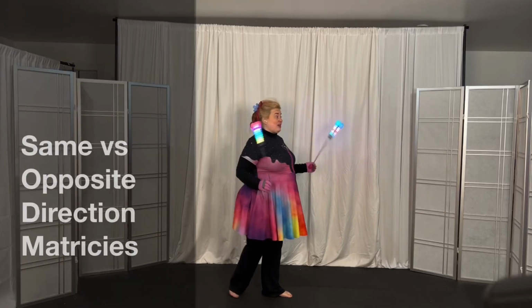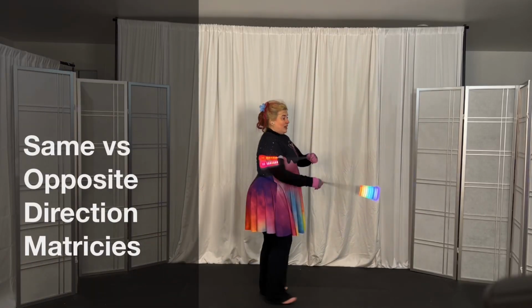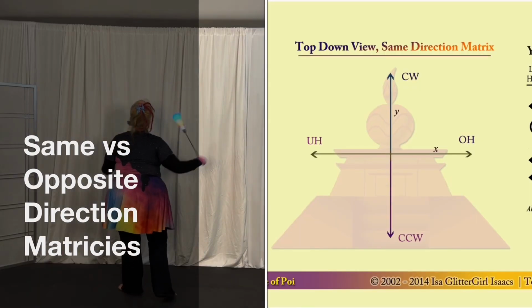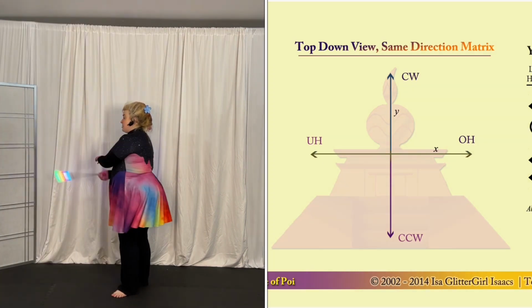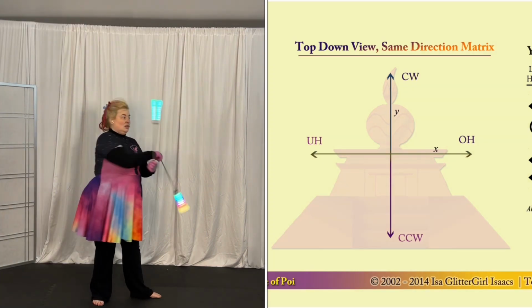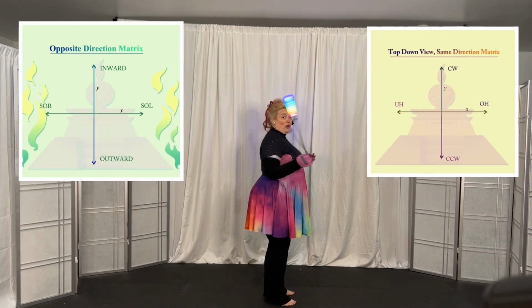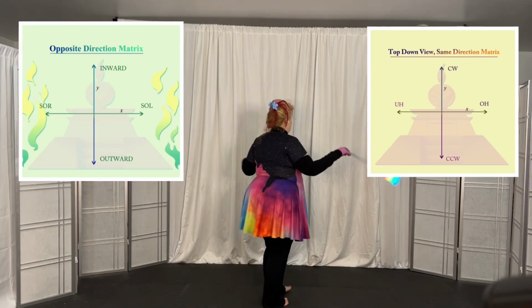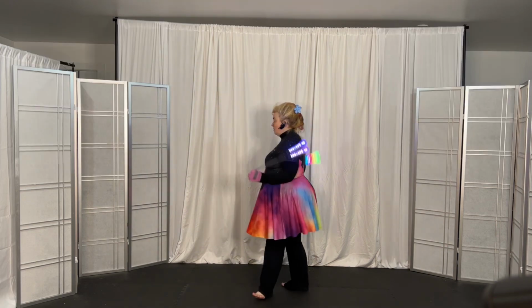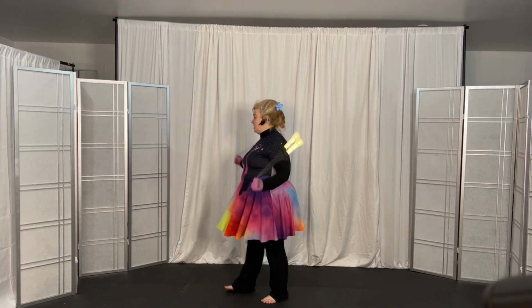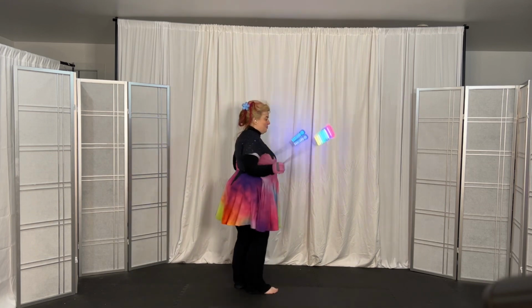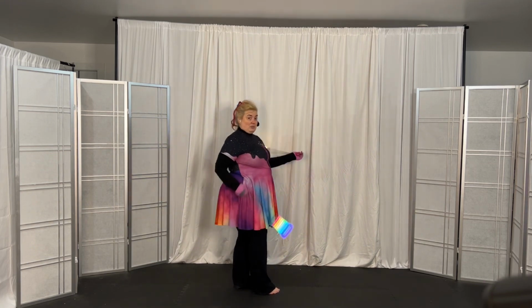There's a same direction matrix where it's overhands, clockwise, underhands, and anti-clockwise. They're two different matrices. Because here, the whole time, the poi are both going the same way. Whereas in the opposite direction matrix, I have my left hand as an overhand, my right hand as an underhand,